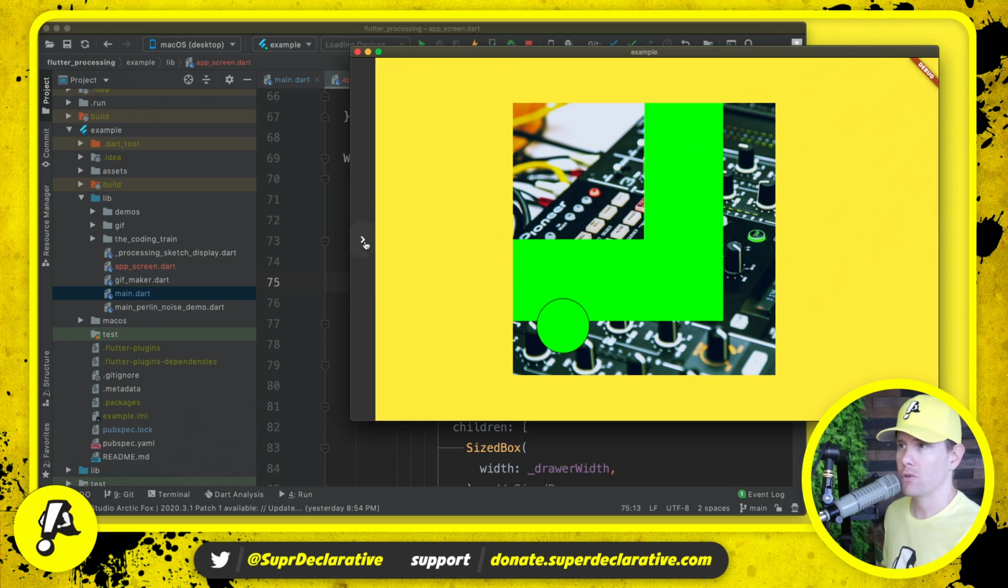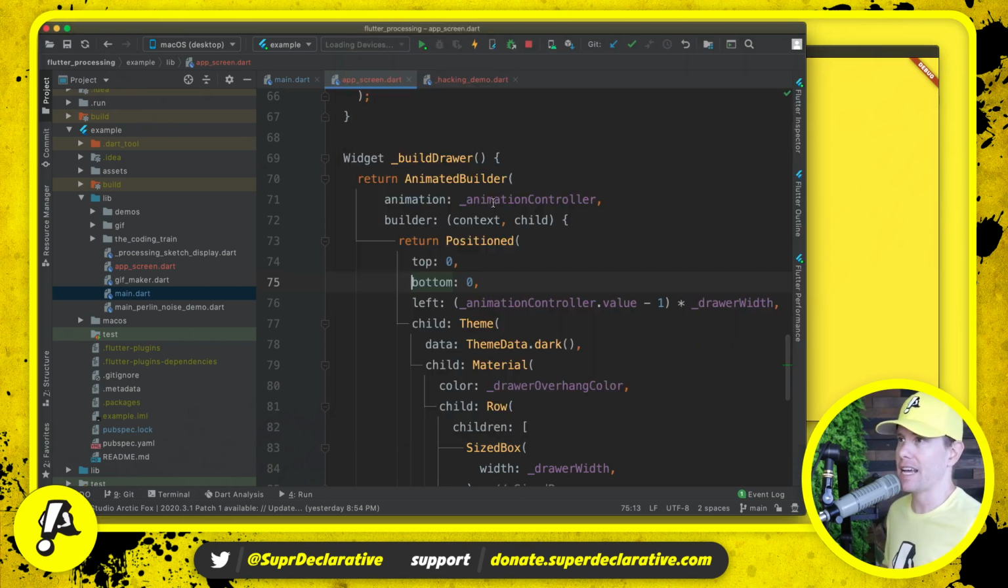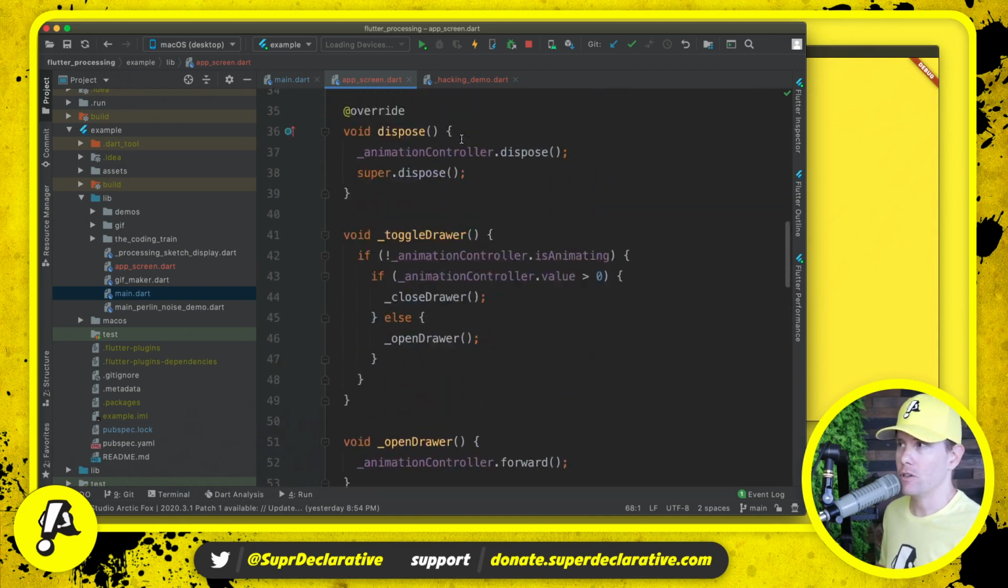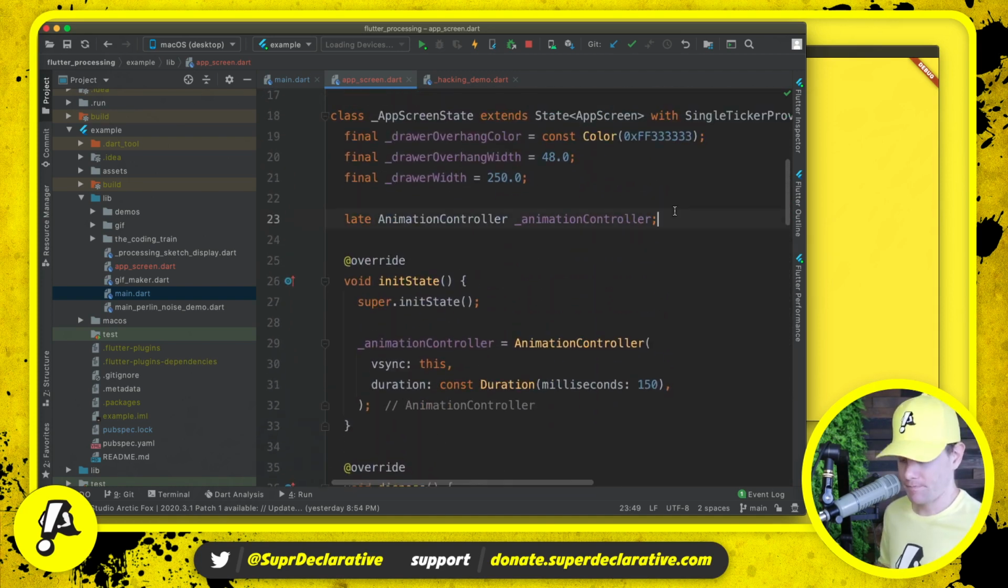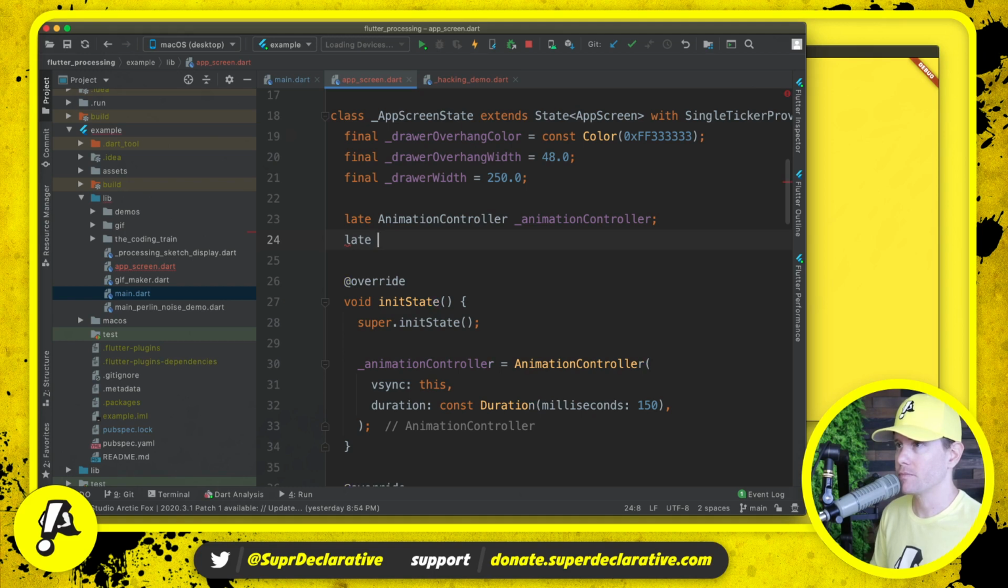I would like for it to start and stop more slowly, like it has some mass to it. This is called ease in, ease out. What we want is a curve. There are multiple ways that we could apply an animation curve. I'm going to use something called a curved animation. After we create the animation controller, we will then create a curved